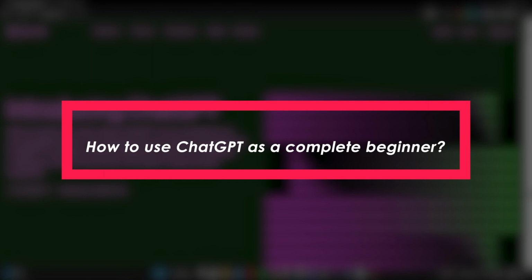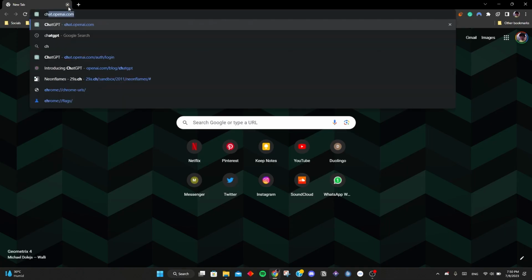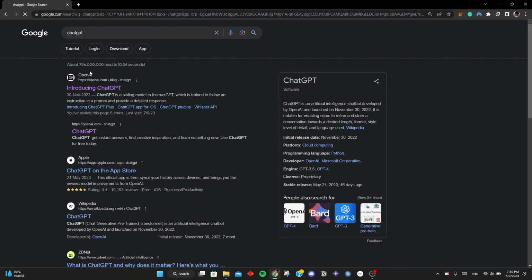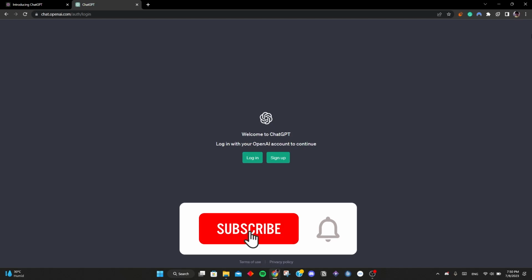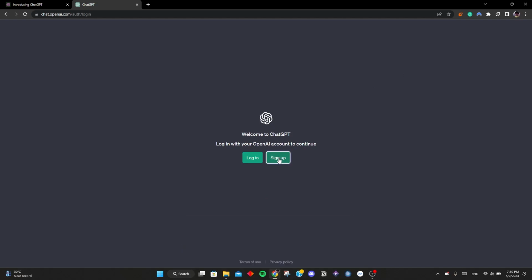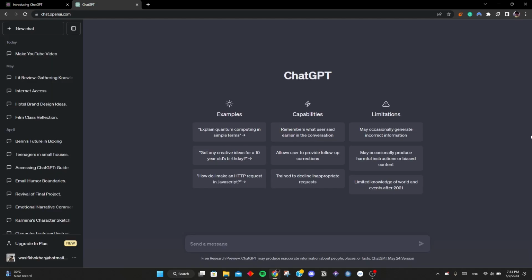So first step is to search ChatGPT on Google and click on the first link that shows up on Google. Once you do, ChatGPT's website will open up. It will tell you to log in and sign up on ChatGPT, and here I'm going to sign up. So once I've signed up, the screen of ChatGPT will show up where you can start a new conversation or